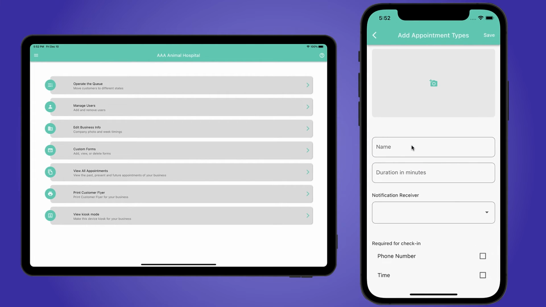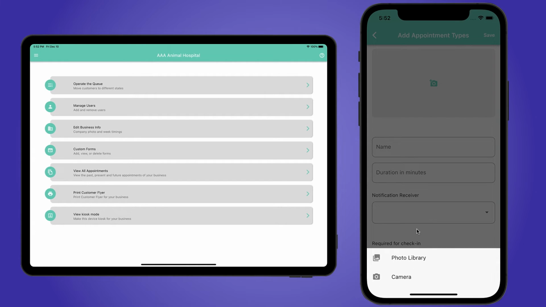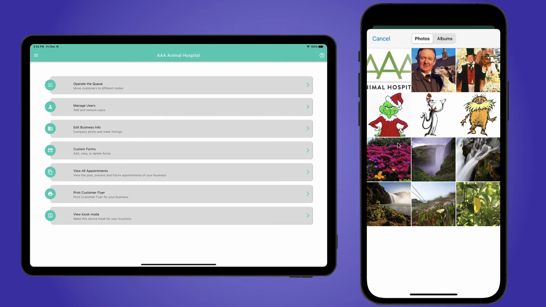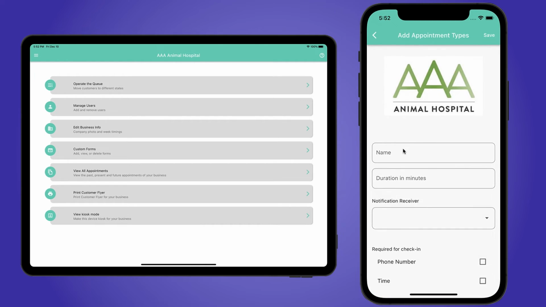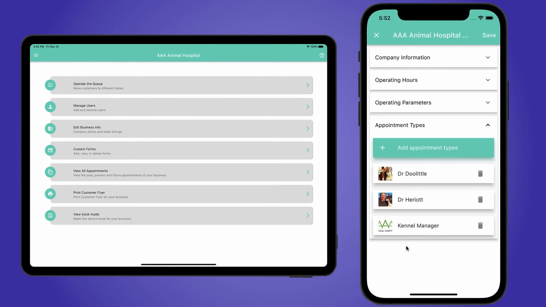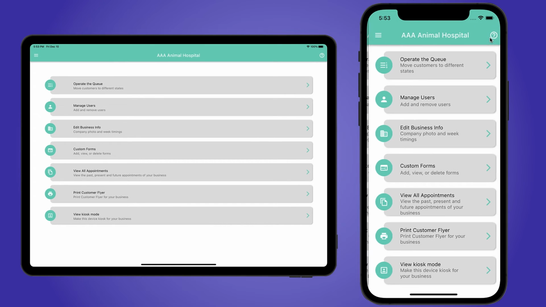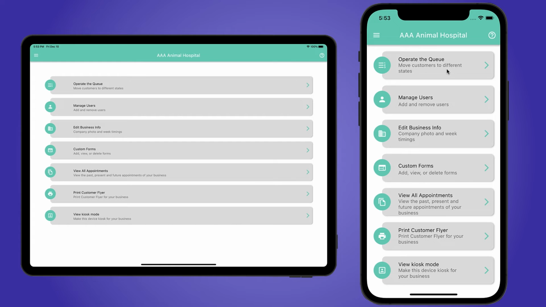And then we're going to make one more for the kennel manager, and the kennel manager may be different people on different days. So instead of a picture of the kennel manager, we're just going to use a logo, and we're going to say kennel manager, and we'll say the duration is 15 minutes. And in this case, we'll have Sally get the alert when somebody checks in for the kennel manager. So that's it. We've set up these 3 appointment types. So we're just going to hit save,